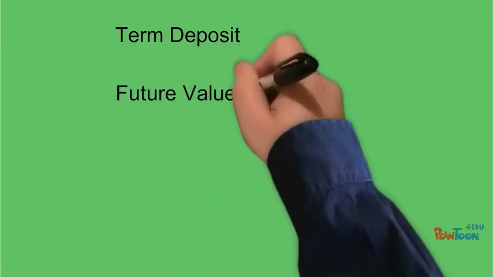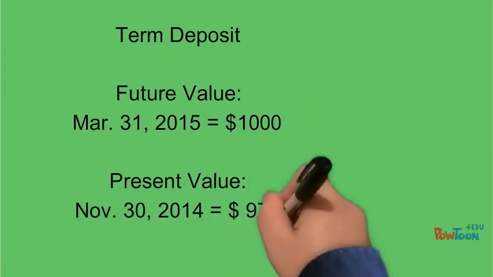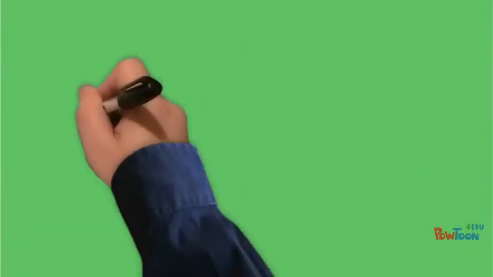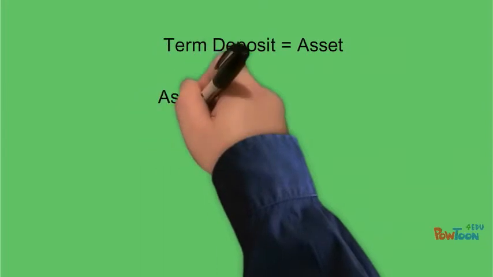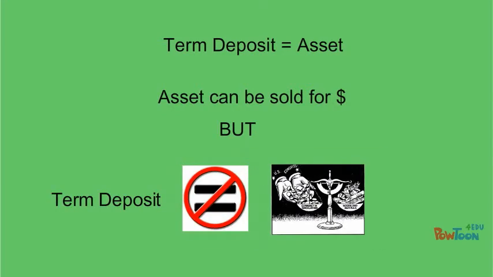A term deposit is considered to be near money. You know the value of the term deposit, and can turn it into a medium of exchange, such as cash, at a moment's notice. So a term deposit is an asset that fulfills the store of value function and is readily converted into a medium of exchange, but is not a medium of exchange by itself.